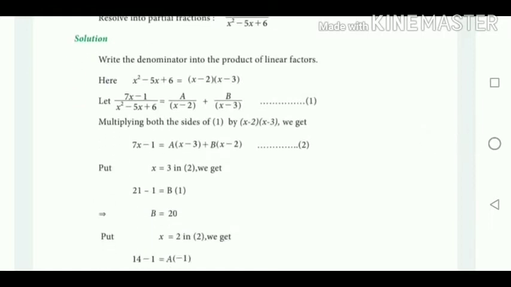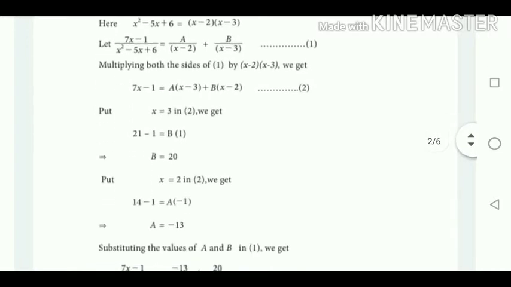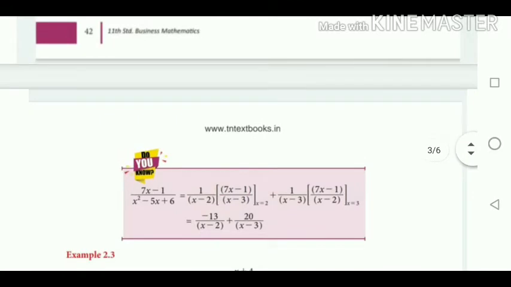Depending upon the equation, the factors of the equation, you have to give values to x. If you give some values to x, sometimes the a value becomes 0, sometimes the b value becomes 0. So if b equals 0, you are getting the value of a. If a equals 0, you are getting the value of b. This is the way you have to solve the problem. So you have to follow these rules before solving the problem.